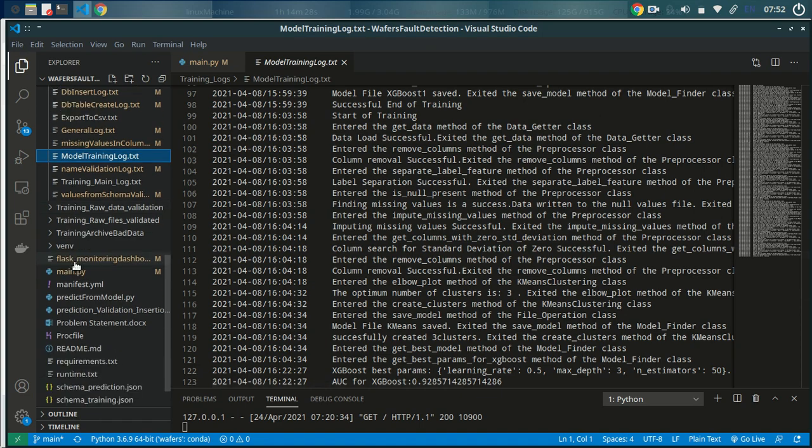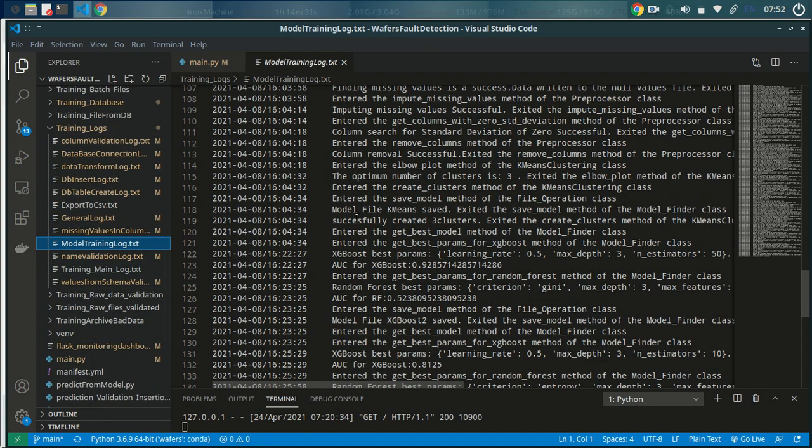So what I have done here, guys, is the elbow plot. In k-means clustering it is necessary to give a specific value of k, and for getting that value of k we are using this elbow plot. The optimum number of clusters is 3. This is giving me each and every piece of information: enter the create cluster method of the k-means clustering class, enter the save model method, model file k-means saved. Again, successfully created 3 clusters, and now on these 3 clusters we are going with different